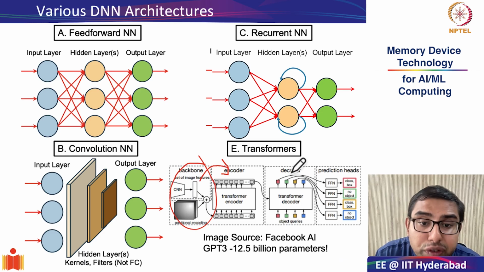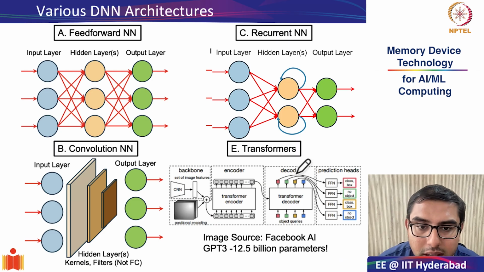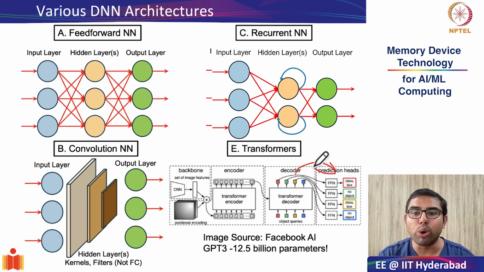Next comes the transformer decoder. Instead of scanning the whole image region by region, the decoder works with a fixed set of object queries, where each query is essentially a learnable embedding that asks, is there an object here? And if so, what is it? Through attention to different parts or different features of the image, the decoder matches the queries to the encoded features from the image. And finally, the output of the decoder goes to the prediction head, which does the prediction.